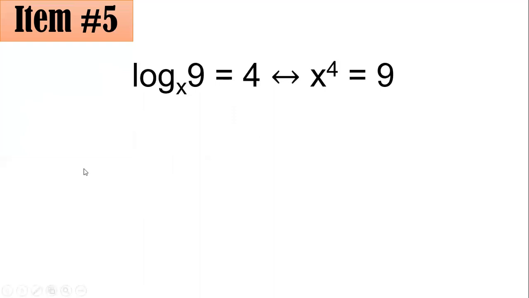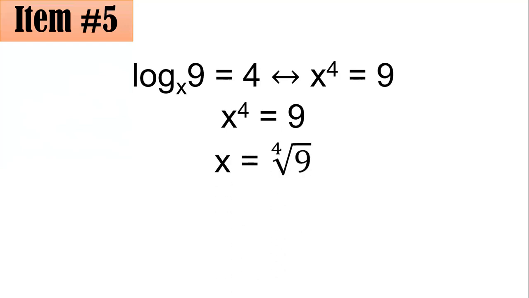So remember that if you have this logarithmic expression, this thing here, the one that's in subscript, is your base. This one, the 4, is the exponent of your base. That's such that when x is raised to 4, the answer will be 9. That's why you have here your equation. So if you have x raised to 4 equals 9 now,